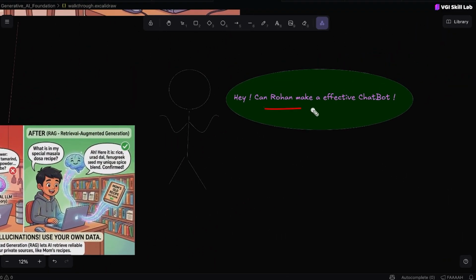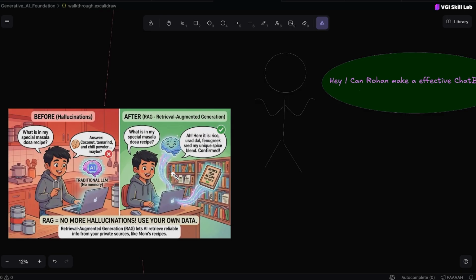After that, Rohan can make effective chatbots using another architecture which is called RAG. RAG is retrieval augmented generation, where he can build a smart chatbot for his customers, so that he can chat with the customers, or even customers can chat with the domain knowledge that you are feeding into the AI. So RAG helps us to build a chatbot system very effectively. Now Rohan uses the RAG system as well in order to build an effective chatbot for his customers.